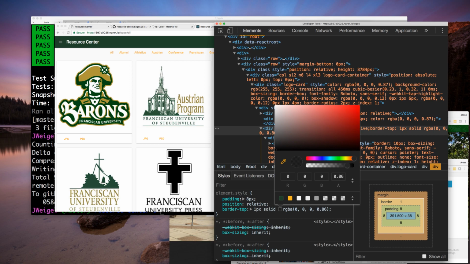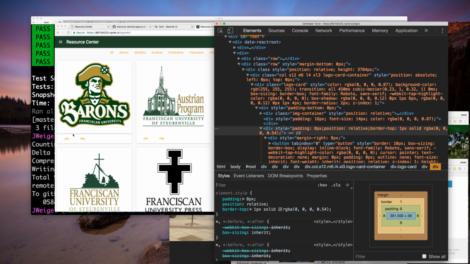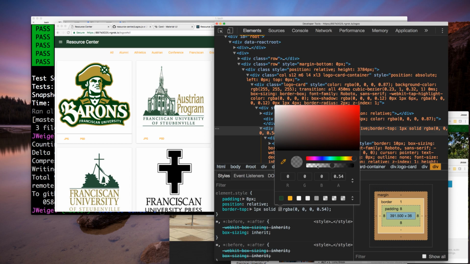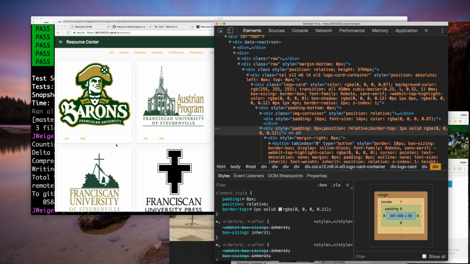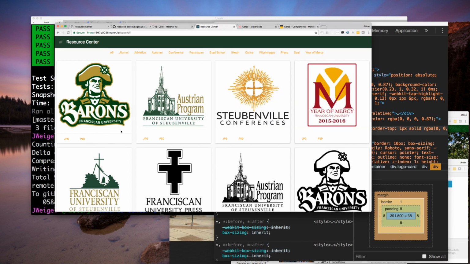Let's go with maybe 54, see how that looks. I think that's still too dark. There we go. That looks better. If I decide to keep it, I'll look up what it actually is in Material, but